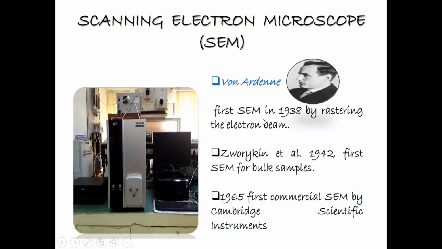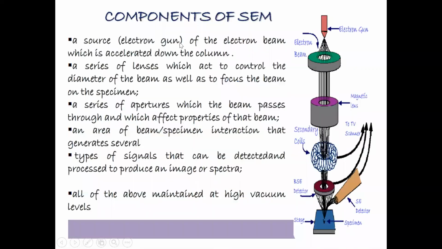by this fellow. This is the first SEM, which was given by Van Ardenne. And in 1942, the first SEM for bulk samples was used. Okay. So after then, this instrument was commercialized. Okay. This component of the SEM, this one is the electron gun, this is the